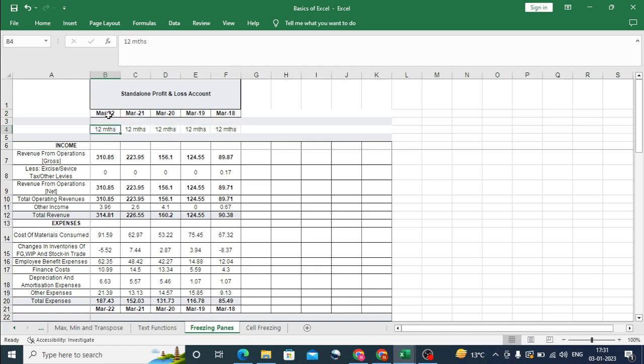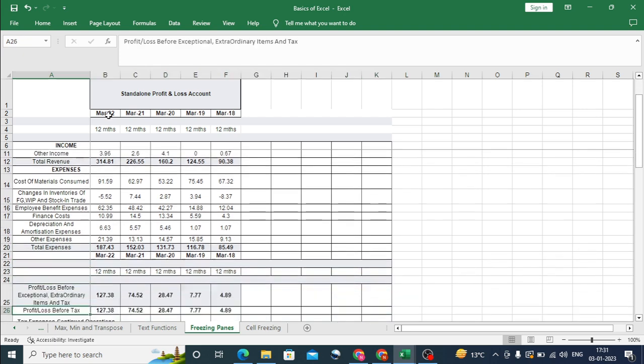And we have various particulars like revenue from operations, excise, service tax, other levies, revenue from operation, all these things. So if we go down,